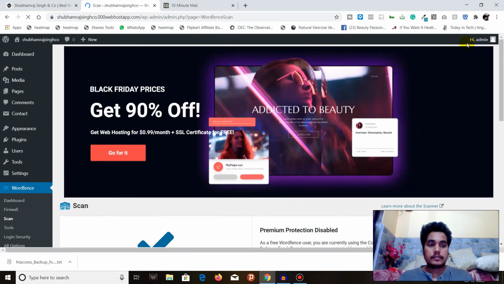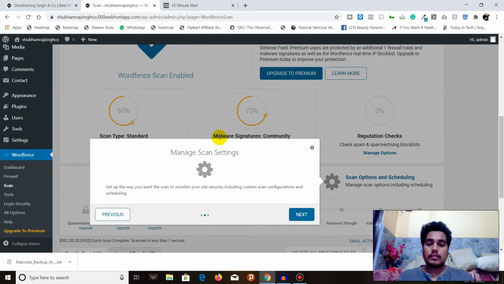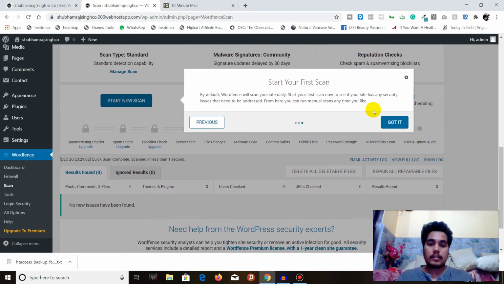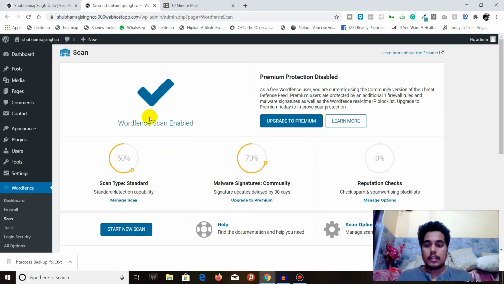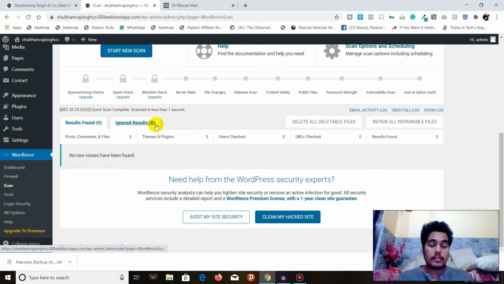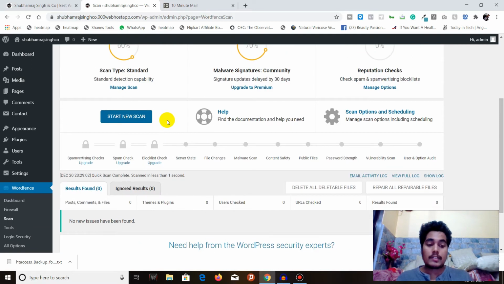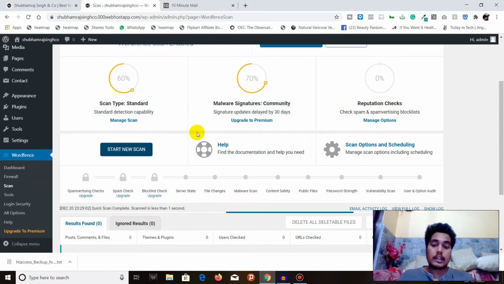In here you can go to the scan tool. You can manage scan settings. You can start your first one. I don't want to do it right now, but you can start a new scan. What is the scan feature actually? The scan feature will help you see what security issues are in your website and how you can tackle them. So when I click on start new scan, it will start